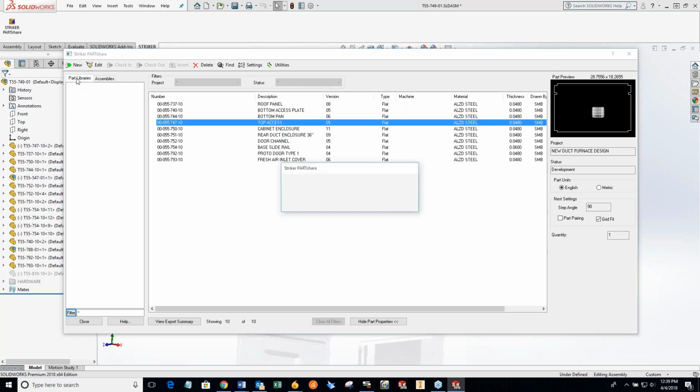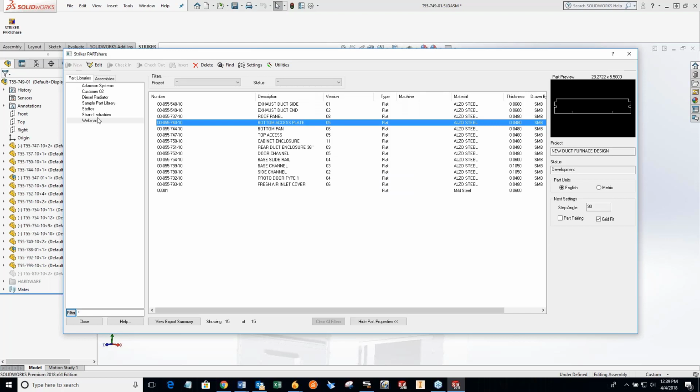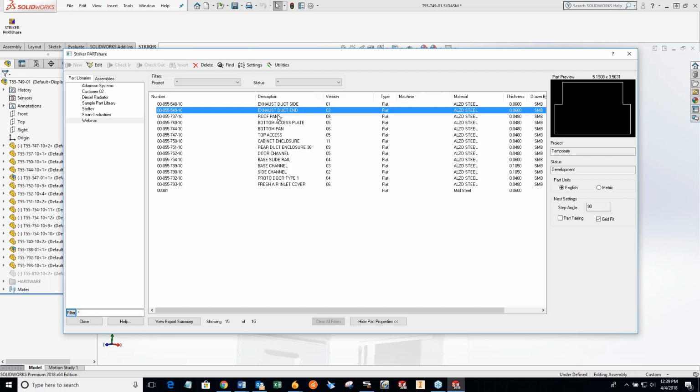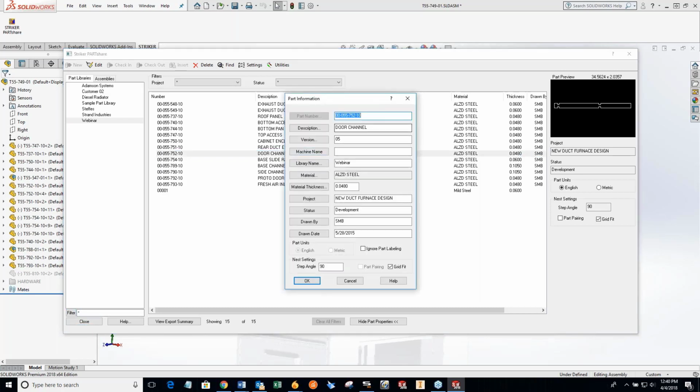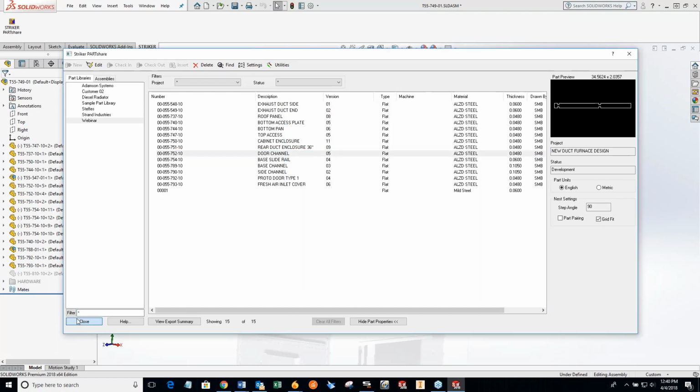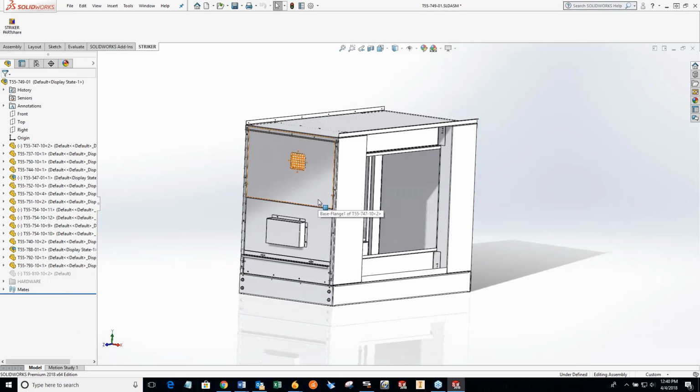And if I come over here to the part libraries, we see that within that webinar library that we created, which was the last one I created, we've got all those parts out here. Okay, so what does that do for me? I've got all my parts out there with all of the material information and all of the manufacturing information associated. Now, as soon as that becomes available through SOLIDWORKS, then back over here on the Stryker side,